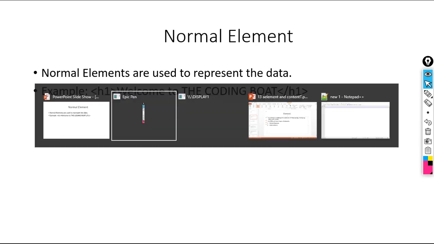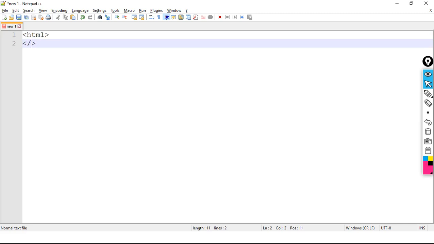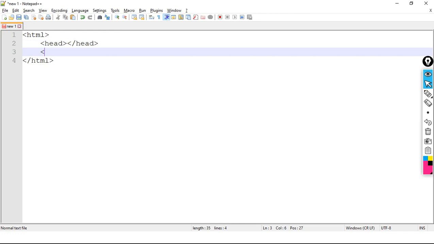Okay, here we have Notepad++ editor to write our HTML code. Here HTML opening tag and HTML closing tag. Then we have head opening, head closing. Then we have body opening, body closing.